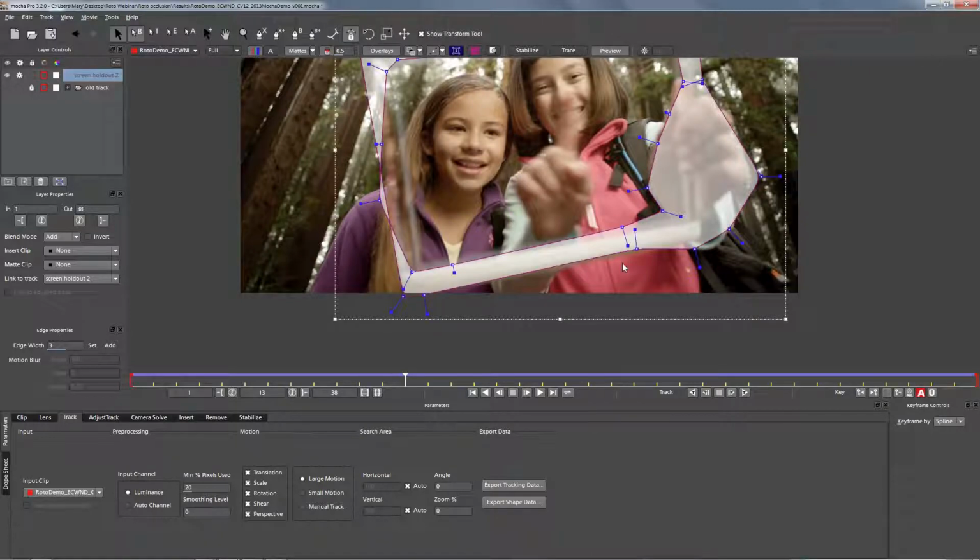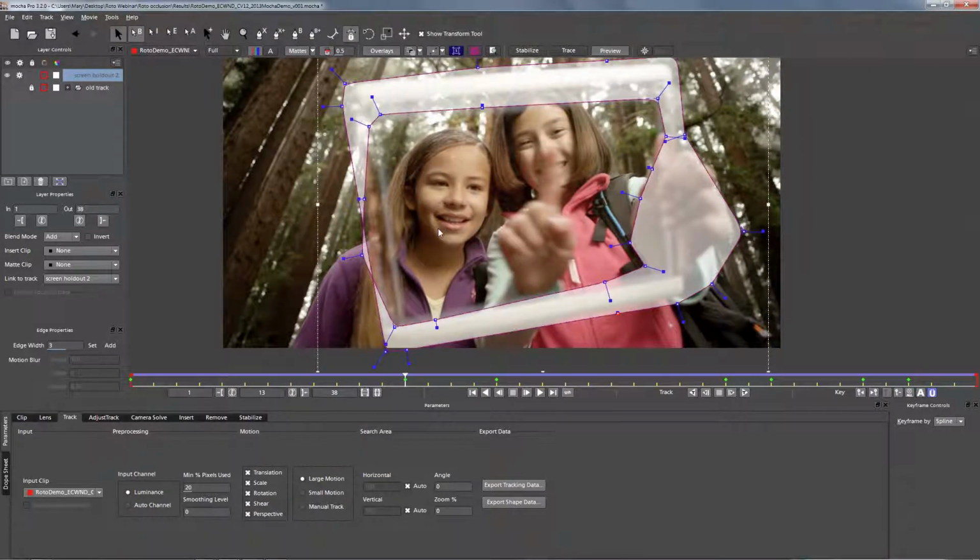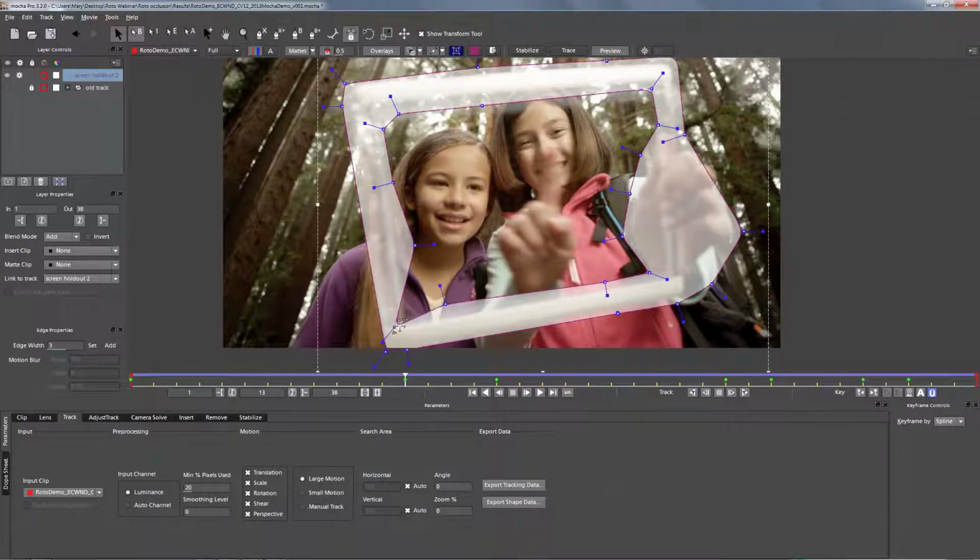All right, so what we'll do from here is use our Uber key tool to crop in all of the fuzzy, blurry, reflective surfaces that we have on this tool, and we're going to use this as a holdout for the rest of our tracks on this shot. So let's just finish doing that. And we'll just do it like this. This is your add points to spline tool. I'm going to use this add points to spline to,